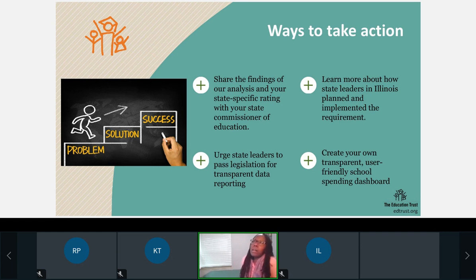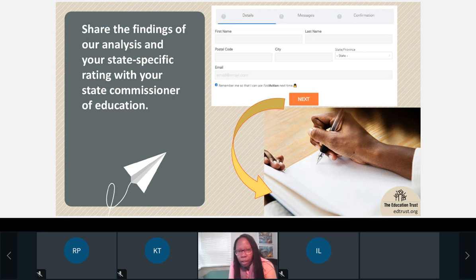So we wanted to talk in a little bit more detail about what advocates can do to address this. The good news is that there are lots of opportunities. This is definitely something that is in the state's purview to address. And so I'm just going to talk through a few specific examples that we've come up with or that we've seen. So first, you could share the findings of our analysis in particular and your state-specific rating with your state